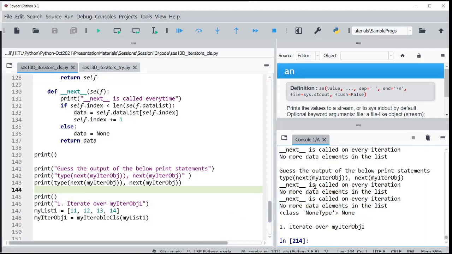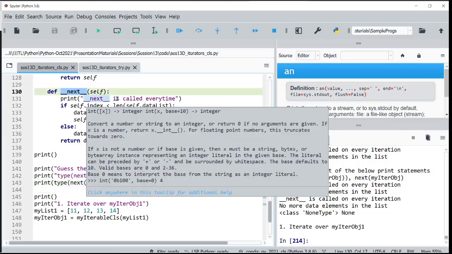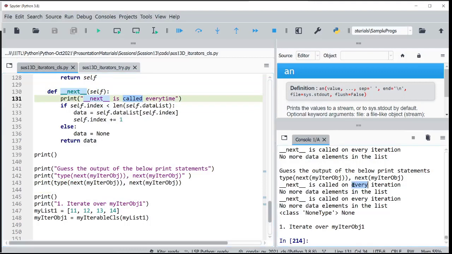Okay, let me come again. What I'm doing is finding the type of what is coming out from the next iterable object. Now, when I call next over my iterable object, it is calling the next here. So I get this printed. Okay, this is getting printed, and then